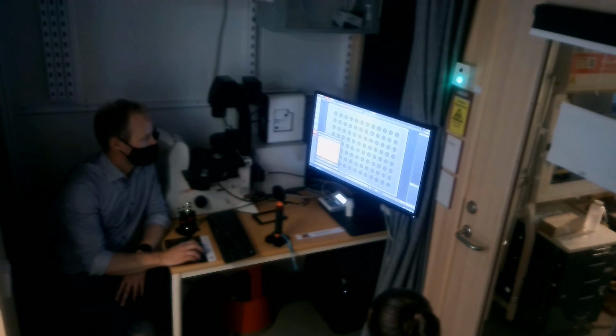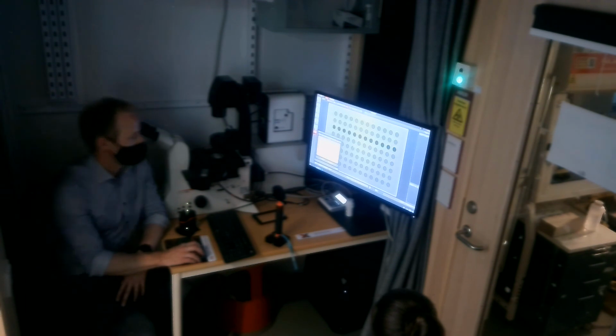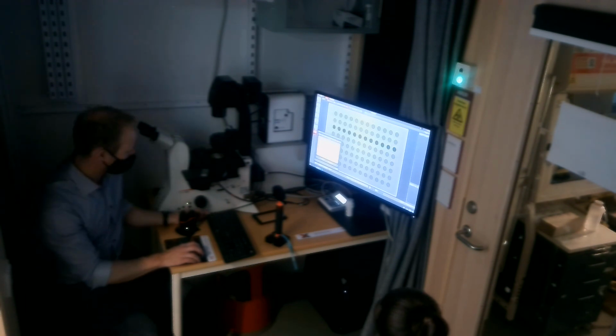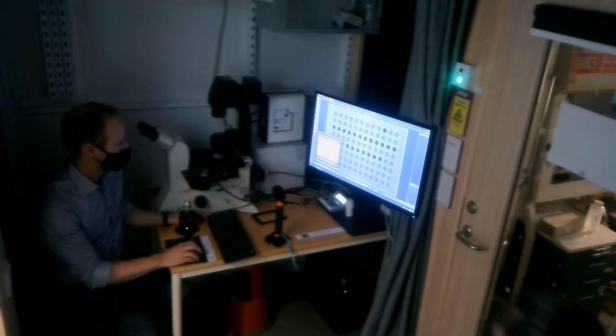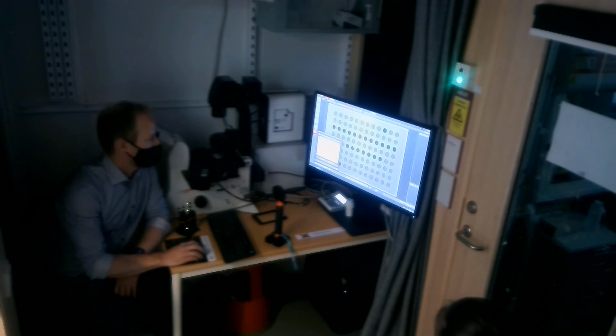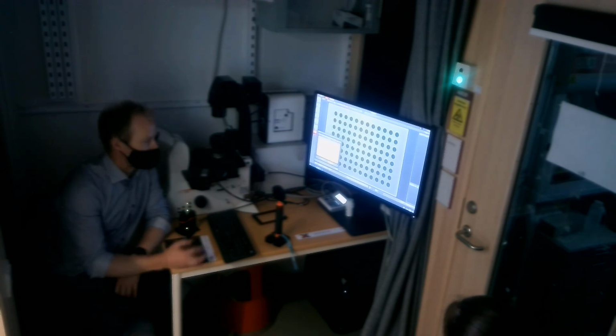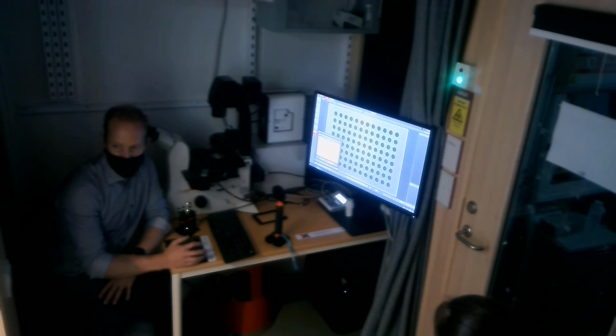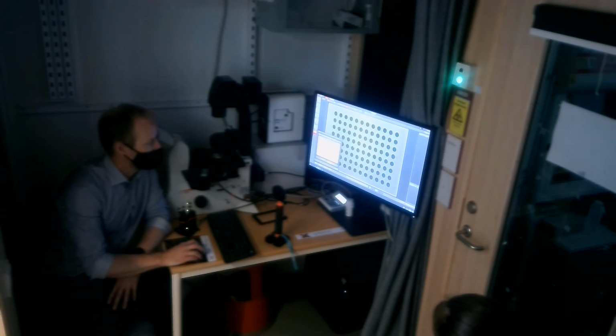And now what I can do is pick which wells I want to image. Here, I can select multiple by holding the control key. This way I can pick which wells I want to image. You can easily do the whole plate if you want. Once you have selected which wells you want to image, you can also choose how you want to image in each well here. So I go to well coverage,